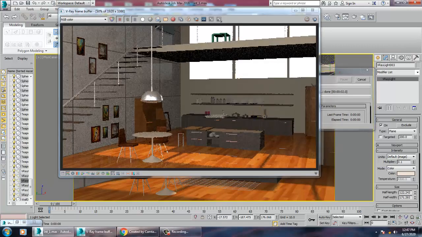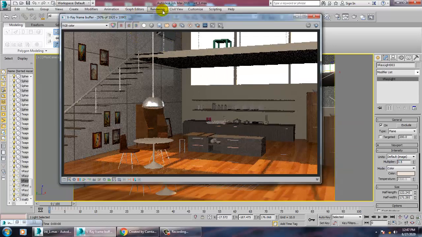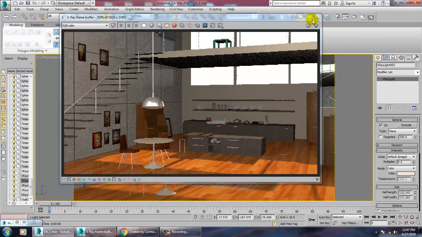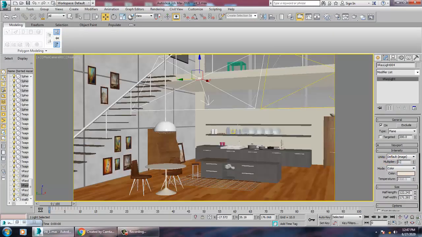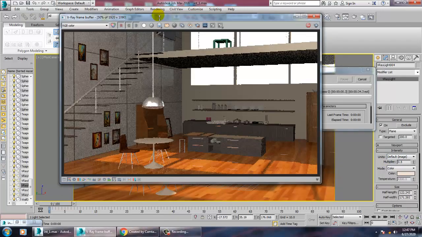We can still increase the intensity, but make sure the intensity is not very high. Yeah, looks much better.